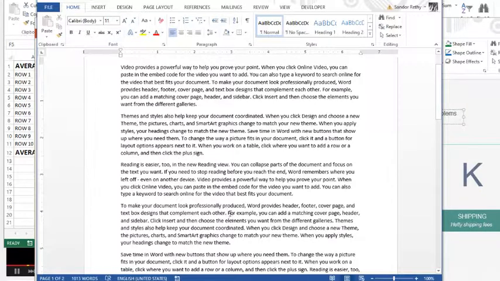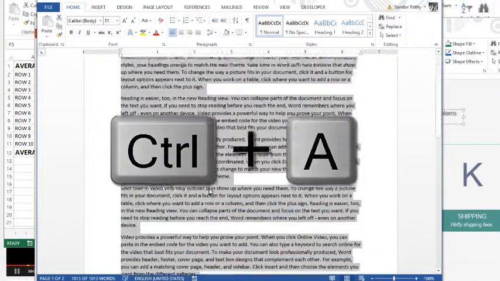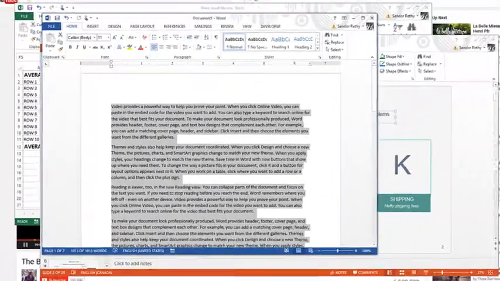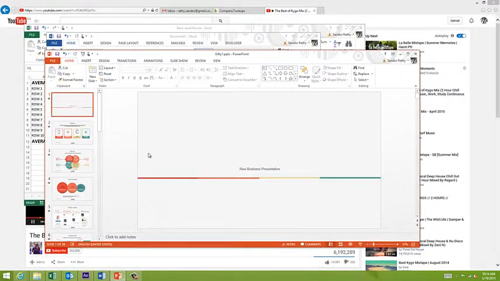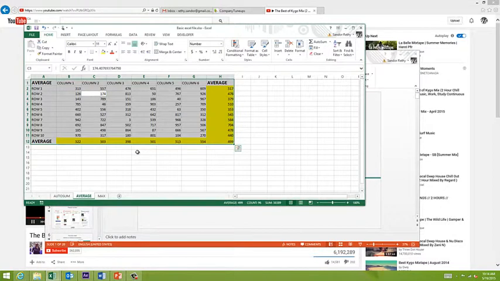Okay, so the last thing with selecting. If you want to select everything, that is Control and the letter A. Control A will select all. And that's not something just specific to Word. If I go over into PowerPoint and I click a slide and do Control A, it highlights all the slides. If I go into Excel and do Control A, it's going to highlight all of the active cells. So Control A is select all, and you can use that in varying programs. Don't forget to use Shift to select a range or multiple objects, and Control to select individual ranges of cells or individual paragraphs in Word. It will work for that as well.